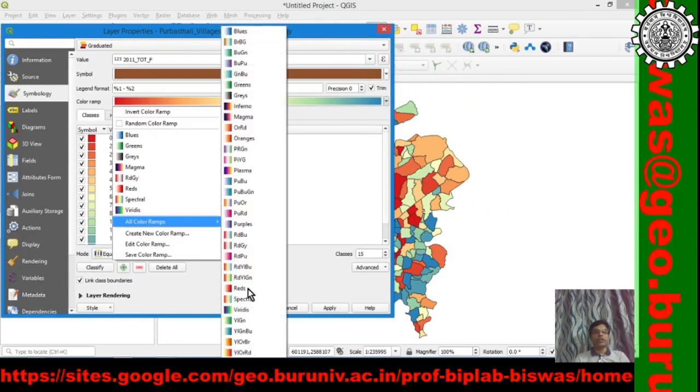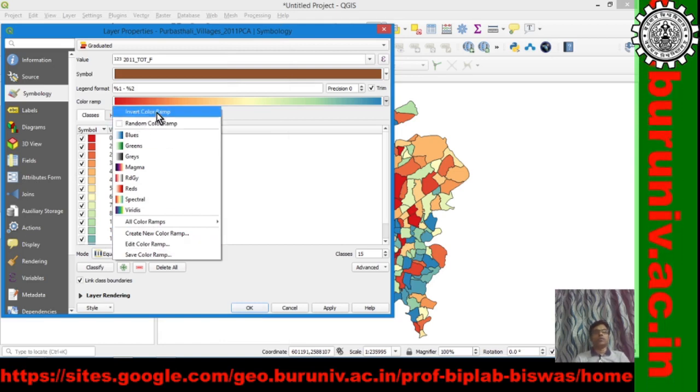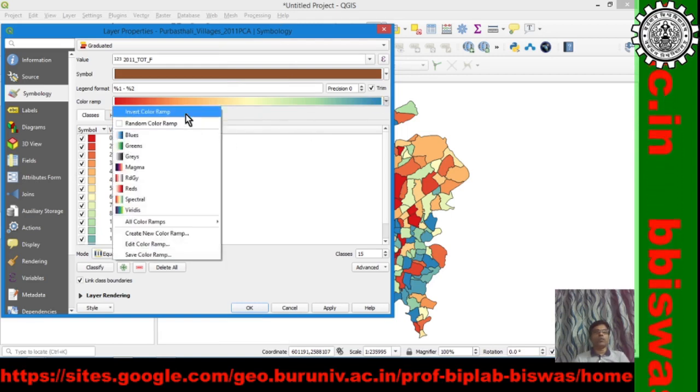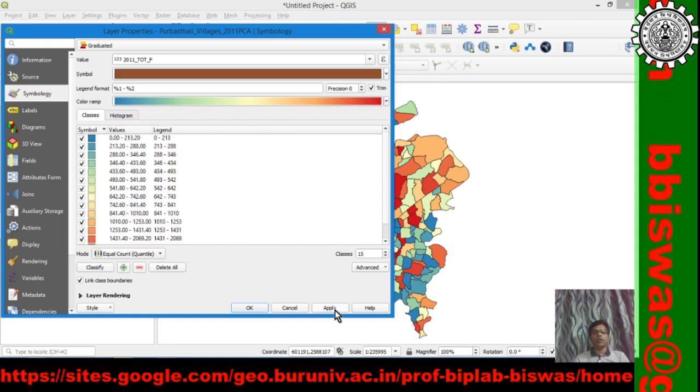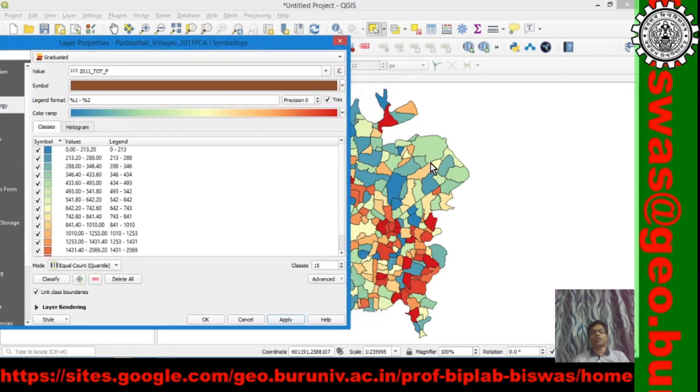There are many color ramps and you can edit the color ramps. Sometimes, for example here, red is lowest, and you want to have blue as the lowest, so you can invert the colors, and it is inverted. So the lighter the color, the lower the population.